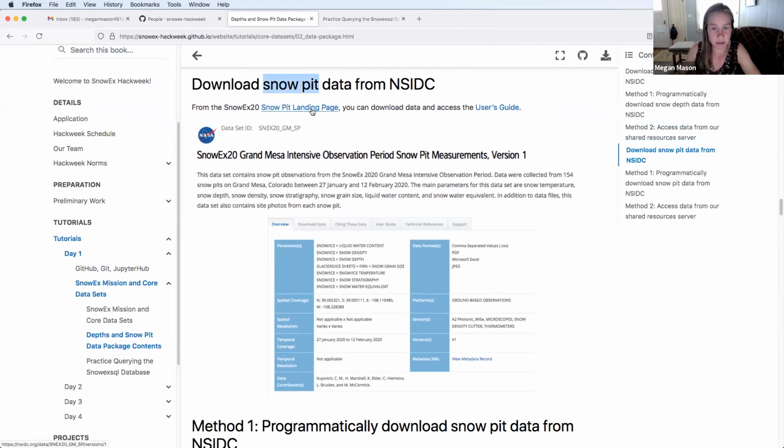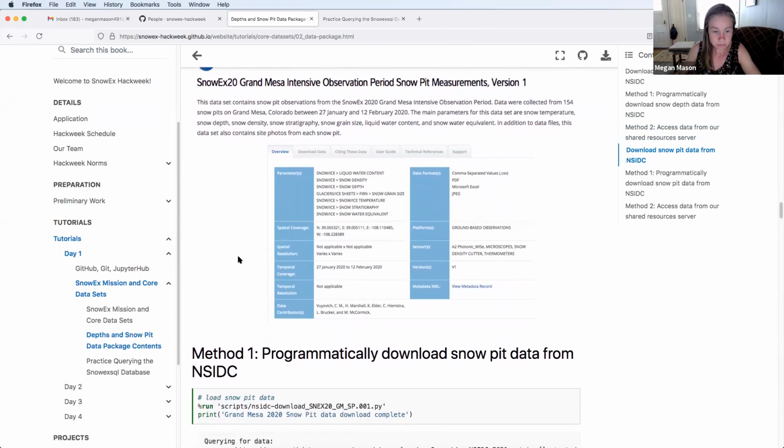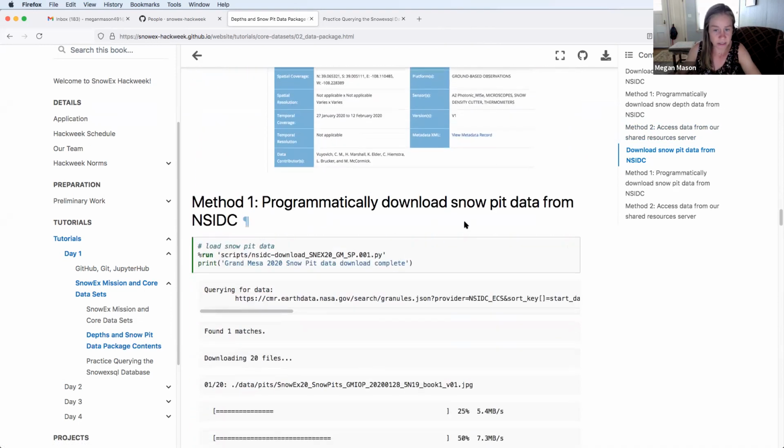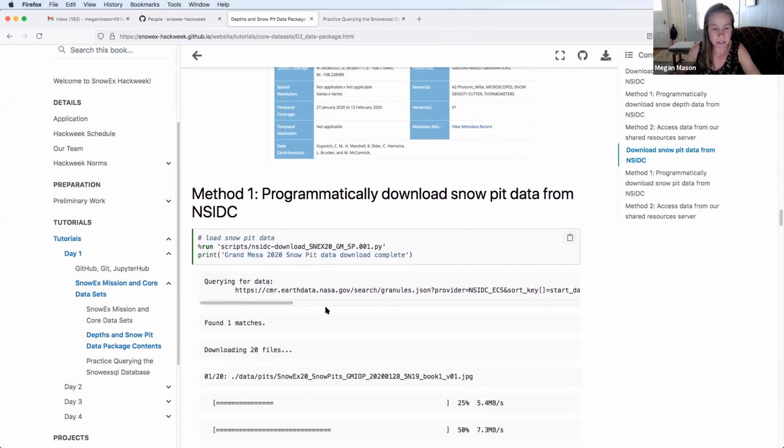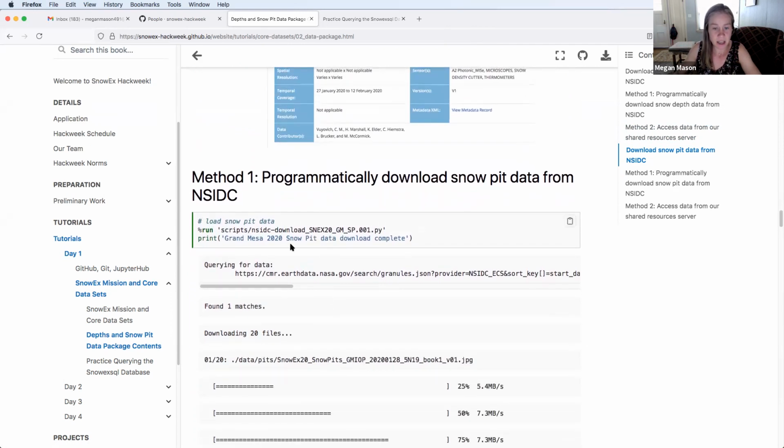Again, this is the landing page. Here is a link to the user's guide, and this is what the landing page looks like with all of your nice tabs here to access the data. So again, to programmatically download it, I've used the .py script that NSIDC provides in the download tab. I've modified it to have it make me a